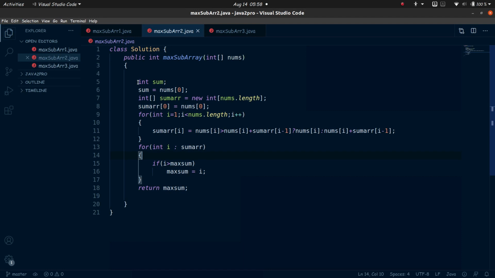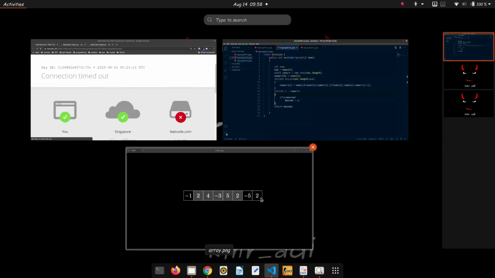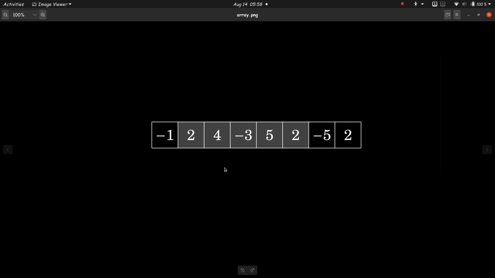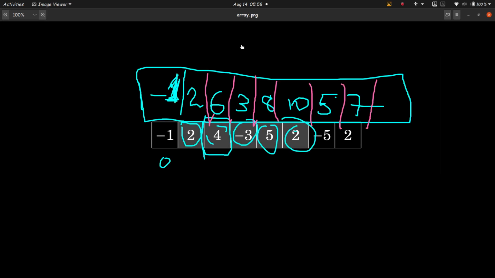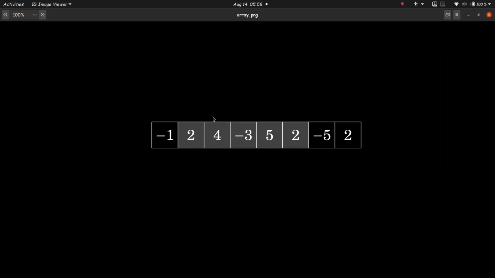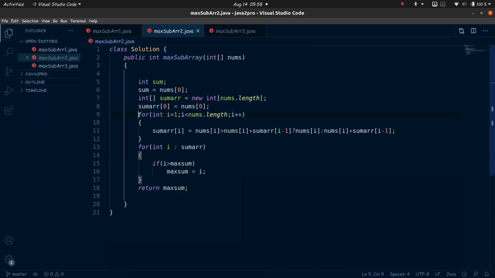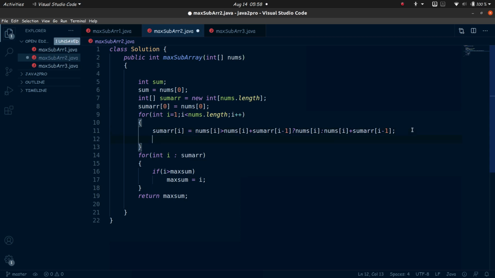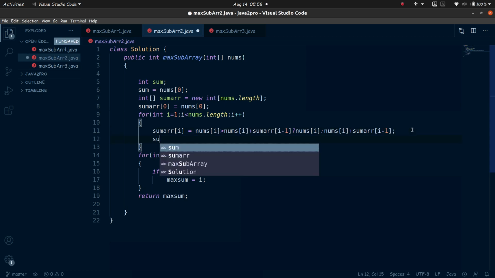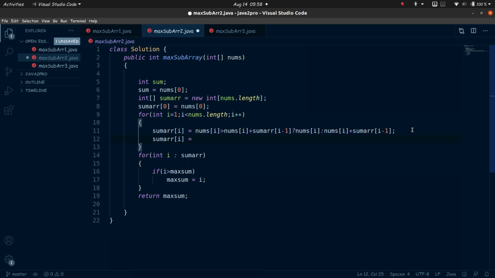Now once we have got this array, what we are going to do is just calculate this sum array that I just created here, this blue array. So this blue array is a sum array, and we are going to create this using this for loop. Okay, so what happens here, it's just finding the max. In other terms it can be written as sum array i is equal to Math.max.